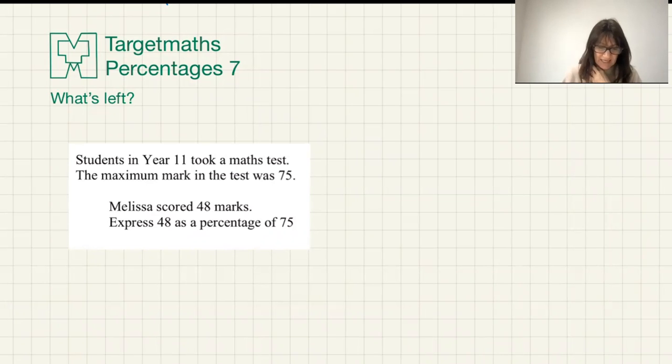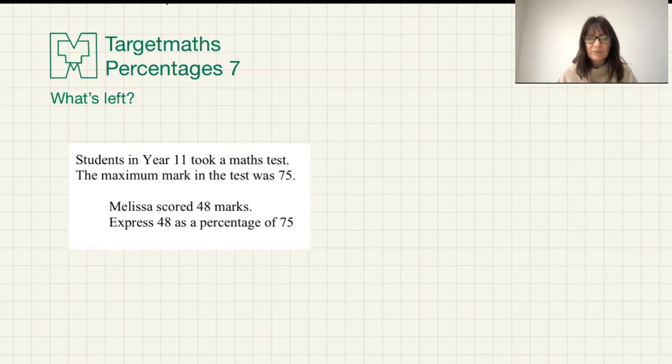So this question here is asking us to express 48 as a percentage of 75. This is the type of question that lends itself to fractions. When we're asked to express something as a percentage, we just want to be thinking in percentages, and that's when this can feel tricky. If I consider the problem as a fraction first and then turn it into a percentage,